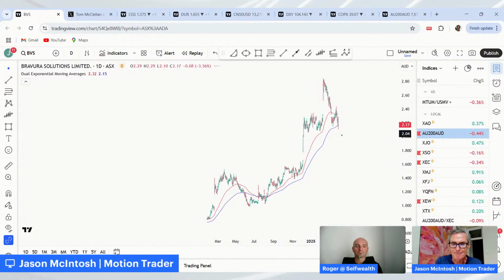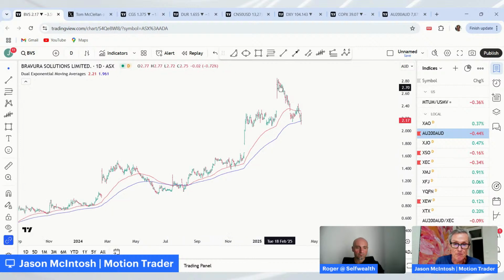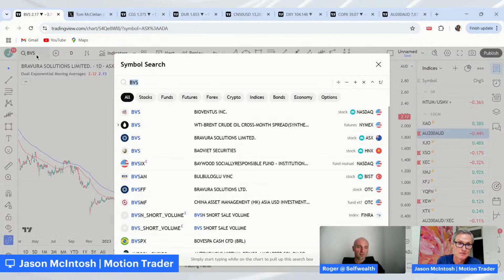So let's come back to the moving averages. At the moment, the trend is still intact, even though we can't see the rest of it at this point. But look, this has been an upward trend. It's come back to the moving averages, and it's still intact. I'd be using the wide trailing stop, and I'd be trying to stay with this one. There's nothing to say it can't bottom here and move sideways for a while and then go higher. We don't know, but at this point the trend is intact, and I'd be using a wide trailing stop. Okay, next one on here is CDA.